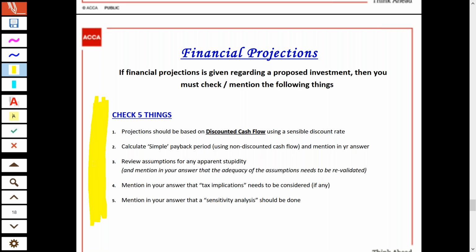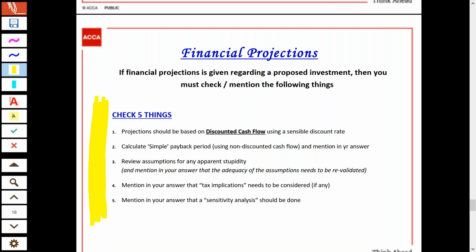So whenever, now listen very carefully. Whenever in your exams, you see an exhibit which contains financial projections, immediately you will do these 5 things. Nothing less, nothing more. So you need to remember these 5 things. It's a checklist, okay? Step number 1,